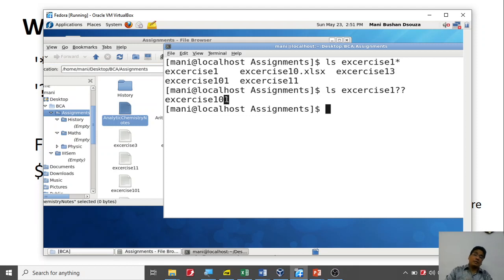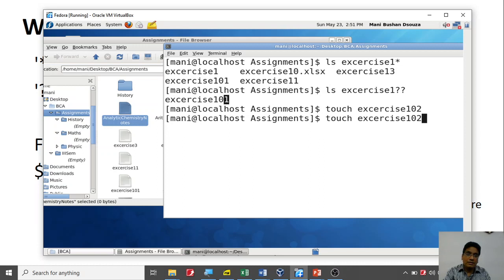Remember, I don't have other files. Please kindly note that I don't have other files. Suppose I create one more file, let me touch here and say exercise, my spelling is proper, 102. If I try this one now, I get 101 and 102.